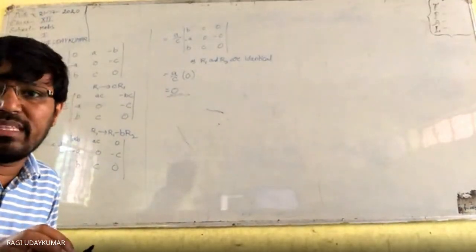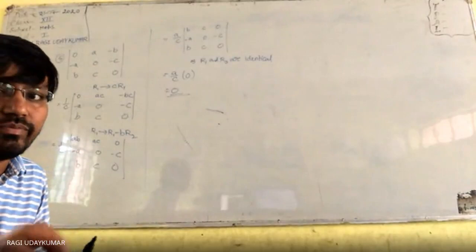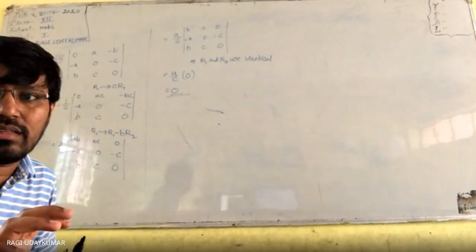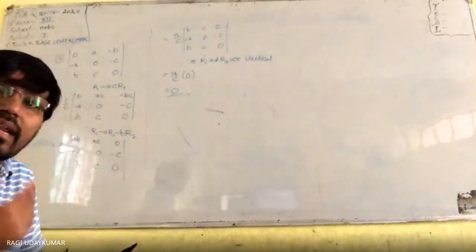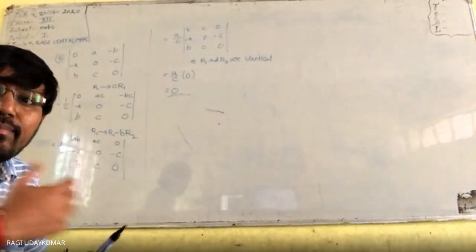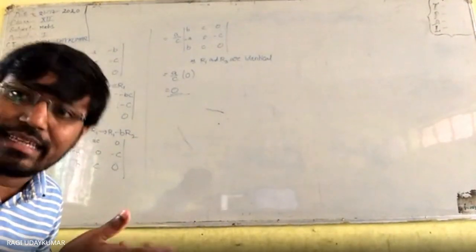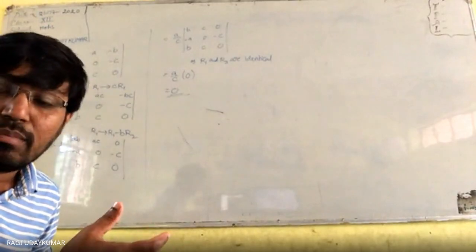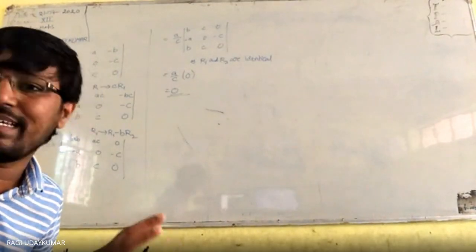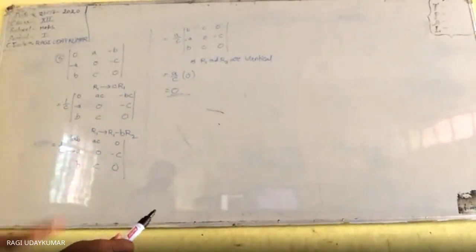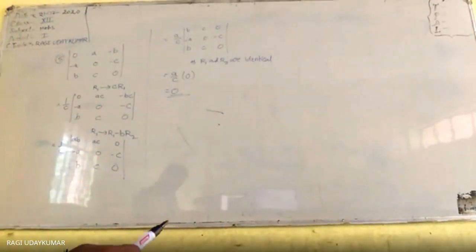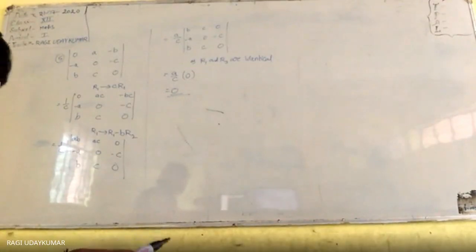Only one pattern will be there. If you identify that pattern and follow it, you'll get the solution. The further coming problems may be a little bit lengthy. Problems are lengthy, but the logic will be easy. But in these two problems only, it is not like this. I got an idea like this to do it.